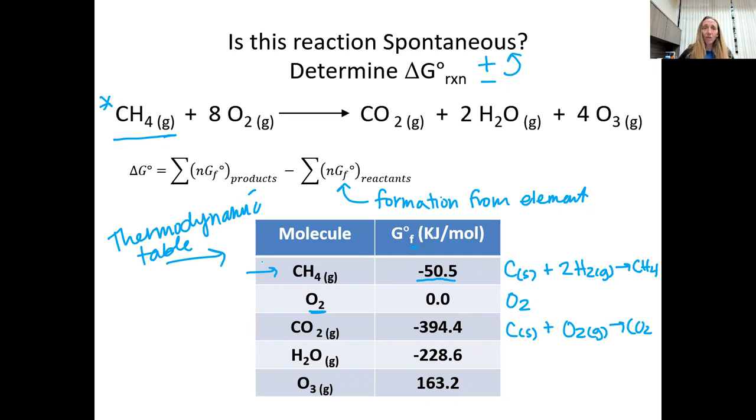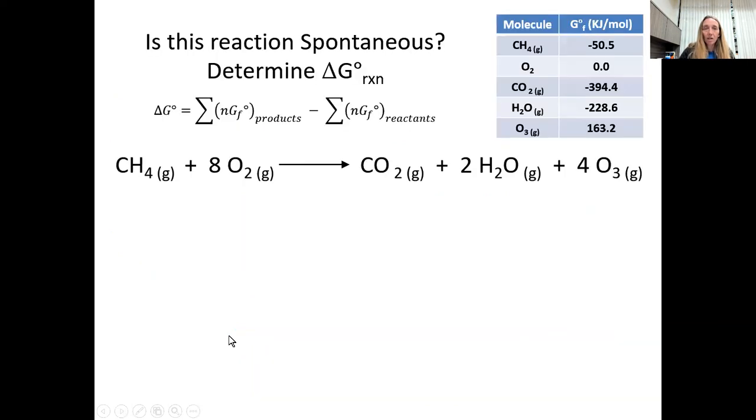Okay, so like I said, I looked up these values on the table, and just make sure that your states and your molecules match exactly. Okay, so there's 2 different ways to kind of do this. The first way is I'm going to use this equation, kind of write it out. And then the second way is kind of my own special take on it. Okay, so first way is I take